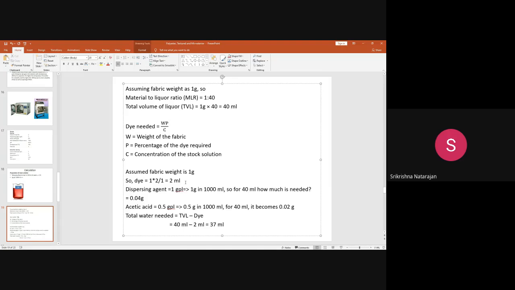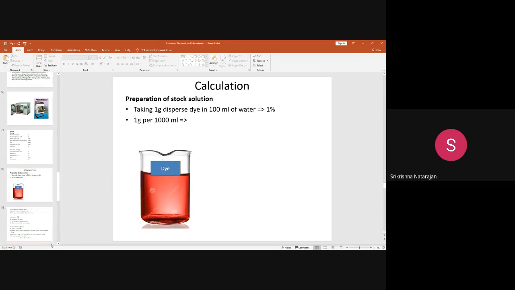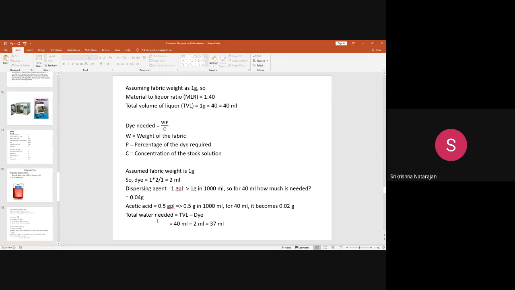ठीक है? Solid form में भी ले सकते हैं, अगर आप चाहते हैं. Fabric form क्या है? Grams. If you want to take the dye directly and then put it, that is also possible. But for that, what will happen? If the percentage of the dye required is very less, in that case, measuring a very small quantity of a dye in the physical balance will be difficult. For example, if a dye quantity is 0.001 gram, how will you take it? You understand? That is why we are preparing a stock solution, and from that stock solution, we can easily pipette. Okay, so finally कितने पानी ऐड करना है?